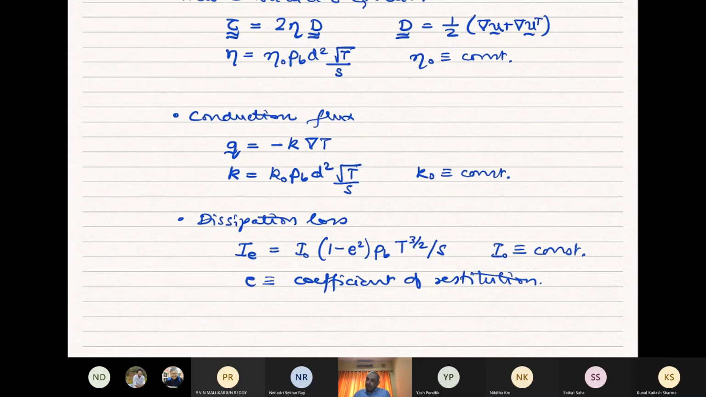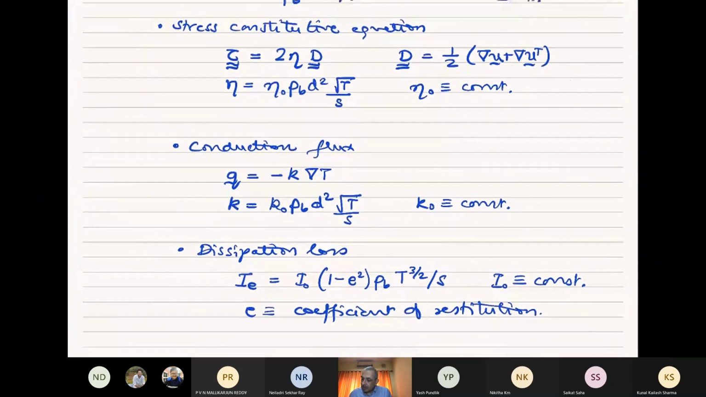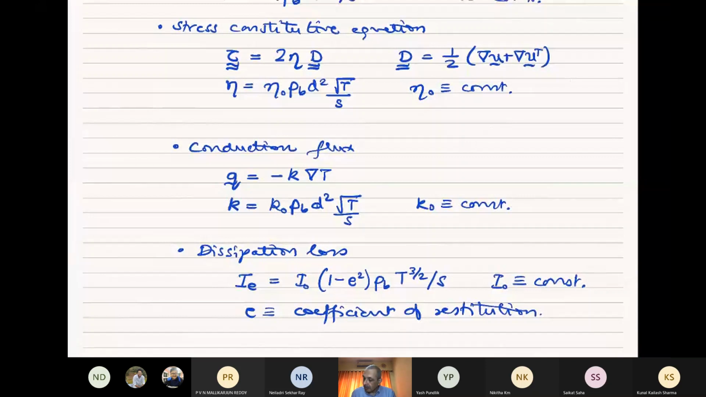So now if you look at this, if you just count all the variables and all the equations, which maybe we'll do in the next class, you will see that we have a complete set of equations and we can actually solve some problems. And from the next class onwards, we'll start solving